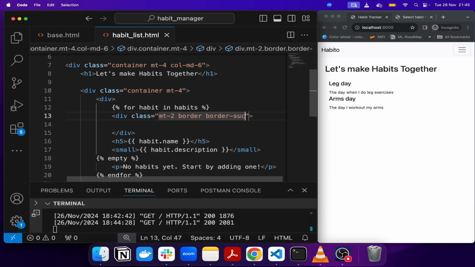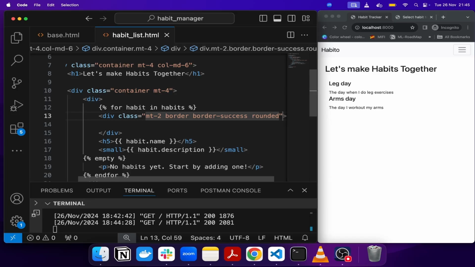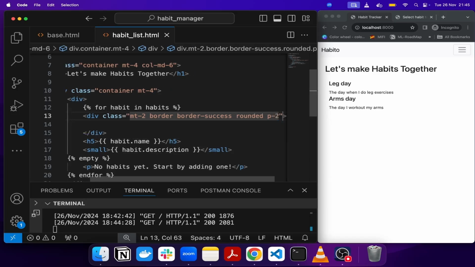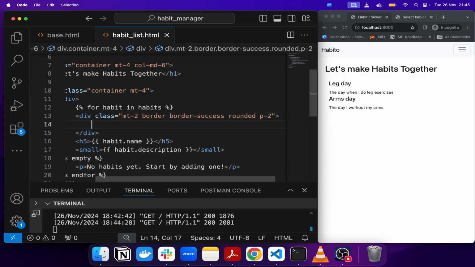I think it's border-success. This will make it somehow green. Then I say rounded. I should probably actually just copy and paste this so that you don't have to watch me do the boilerplate. Then inside here we can have another div with a class